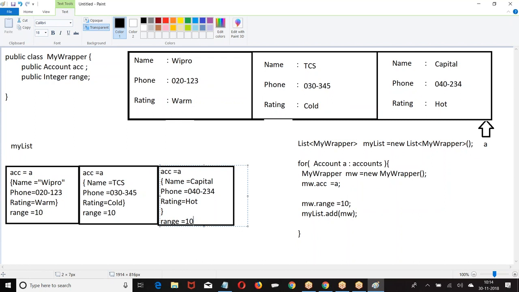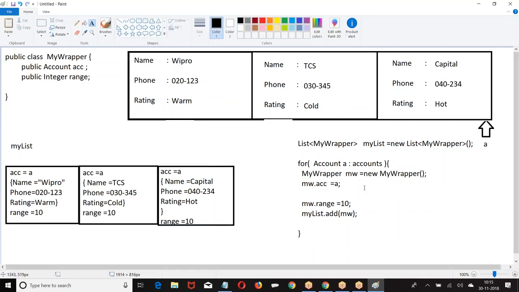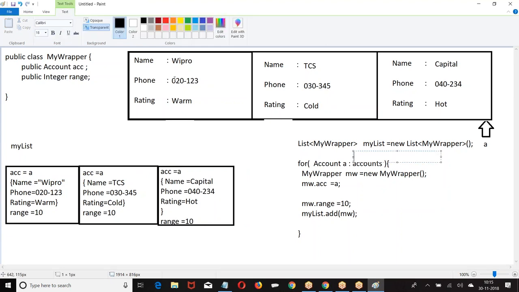Hi Satish. Yes. In the for loop, account A, we assigned accounts. What does that stand for? Which line are you speaking about? Inside the for loop, under for loop Account A, then we used accounts. So what is this accounts? It is a list of accounts which are already available here.